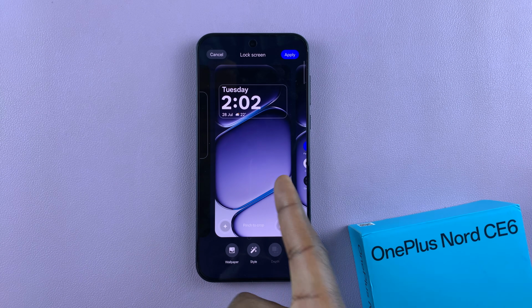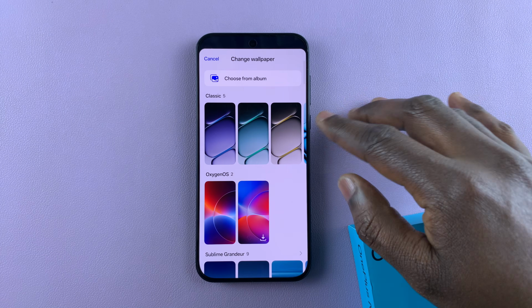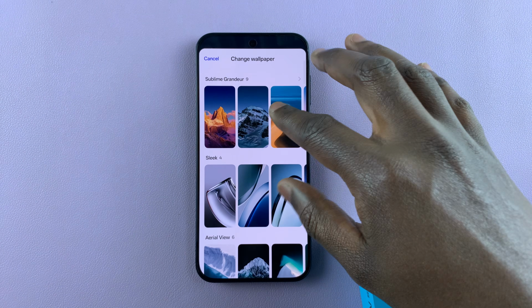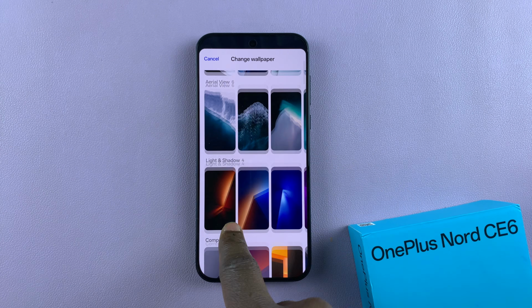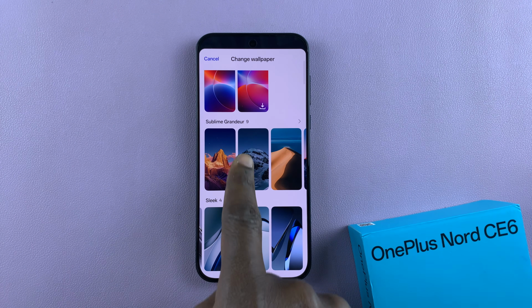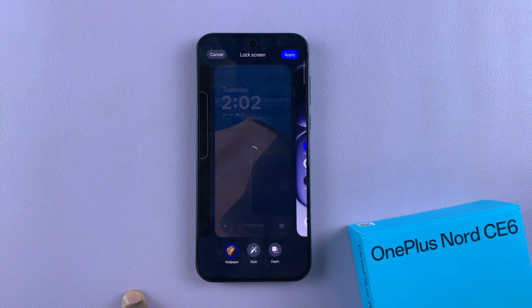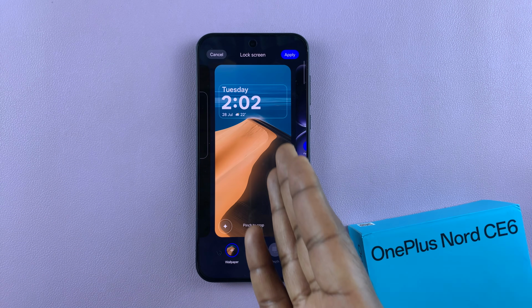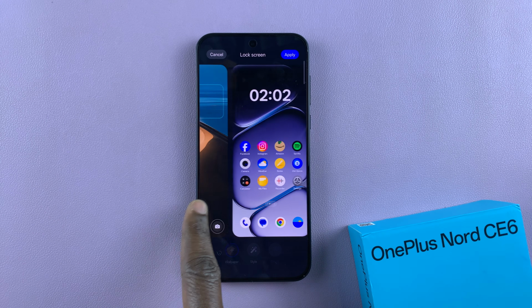So starting with the lock screen, simply tap on wallpaper. Then you can either select any of these pre-given options or predetermined options or categories that you have, and select a wallpaper that you like. So select a wallpaper like, let's say, that one, to apply it to your lock screen. Then you can go over to the